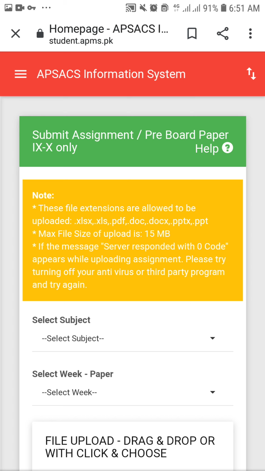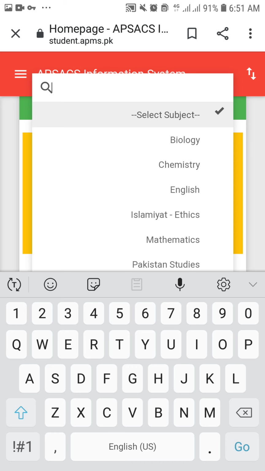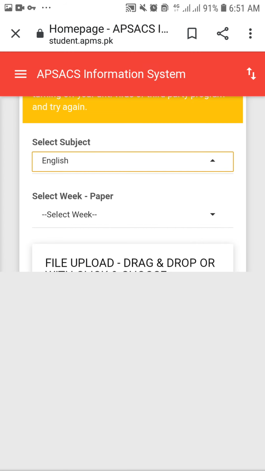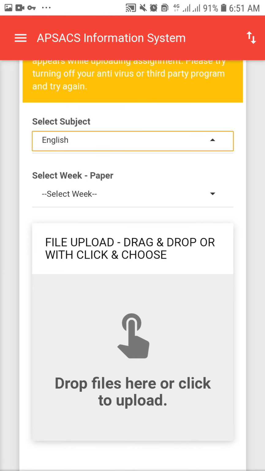After clicking on submit assignment you will see select subject. Now you will select the subject for which you are attempting the paper. Suppose I am attempting the English paper or mathematics paper or Islamic math paper, you will select the subject accordingly. Suppose it's the English paper that I have attempted. After that you will click on select week.